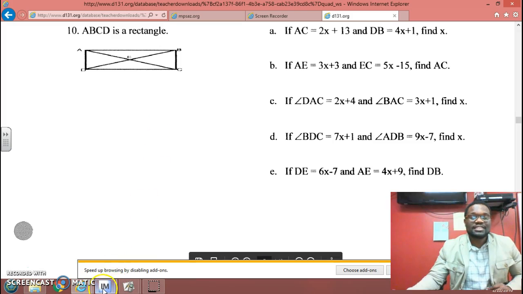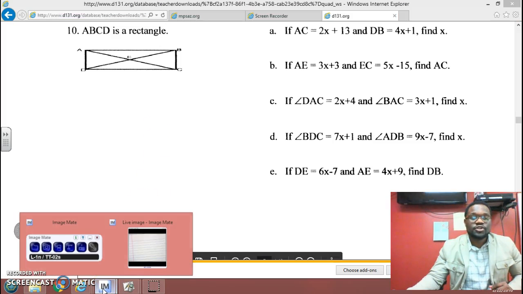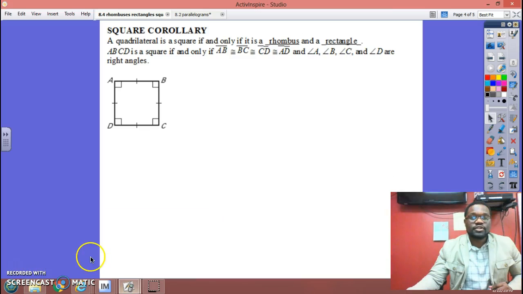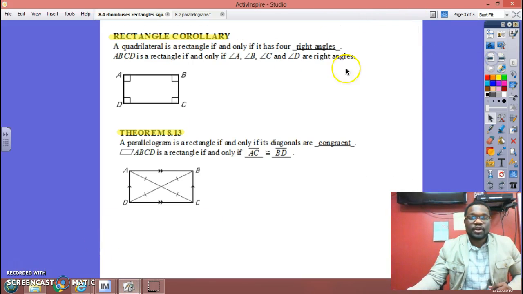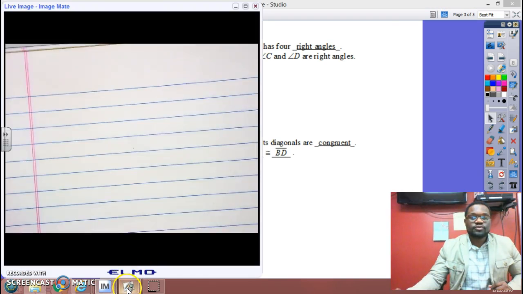So what do we know about the diagonals of a rectangle? This is where you could use your notes. You can go back to your notes and you can say, well, a rectangle's diagonals are congruent. What does congruent mean? That means that they are equal. And so what we would do,